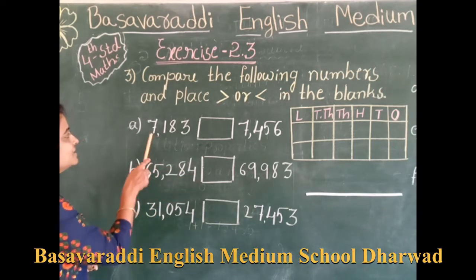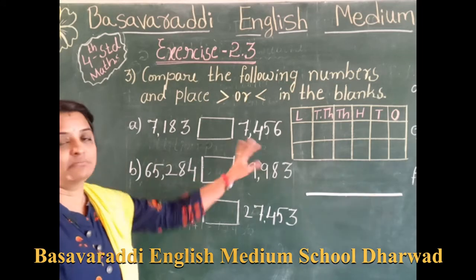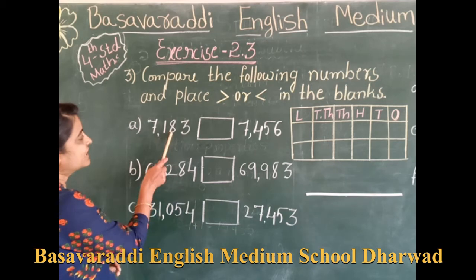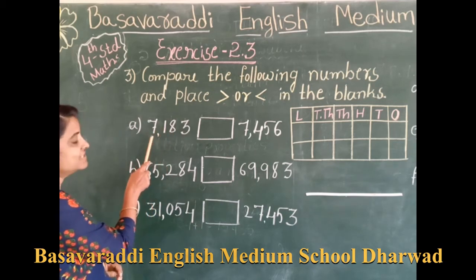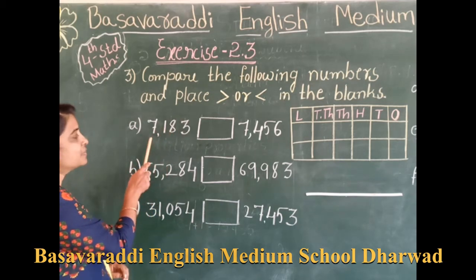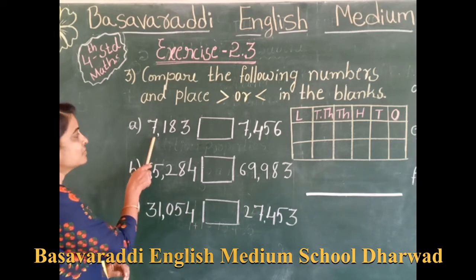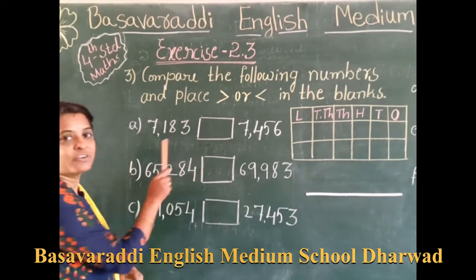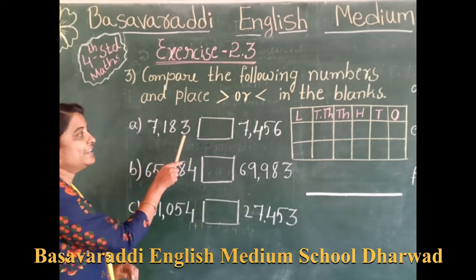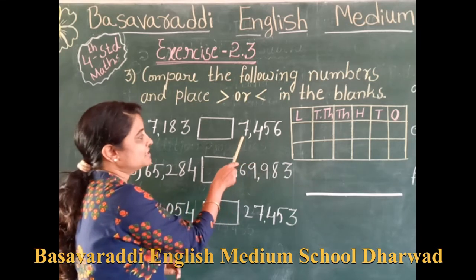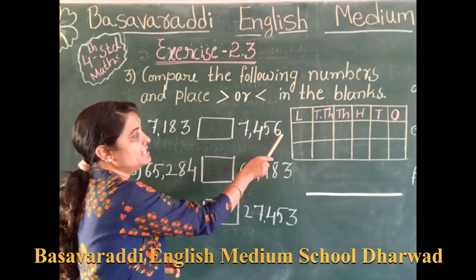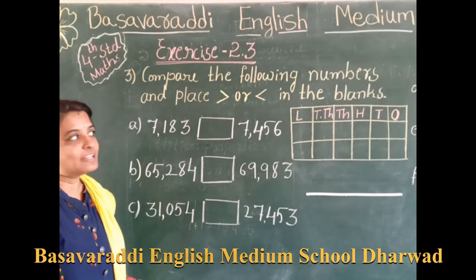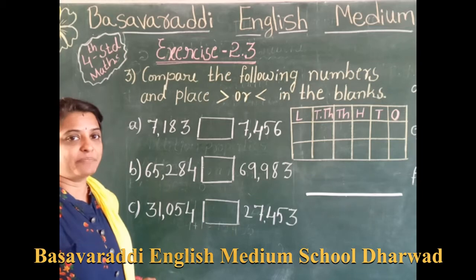Then we will start after comparing now. Okay. See here. First read both the numbers. Here ones, tens, this is hundreds and this one is thousand. Okay. Then up to thousand we have this number, 7183. Then they have given me a box. We have to compare 7183 to which number? See here, 7456. We have to compare these both numbers. Okay. Then how to compare this one?